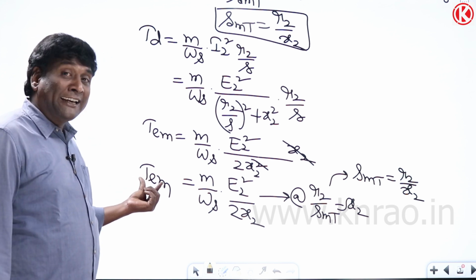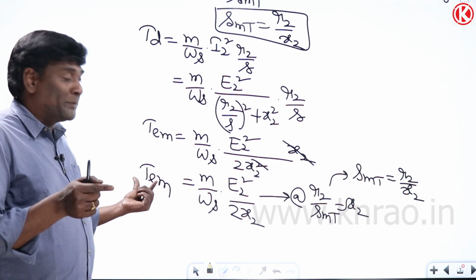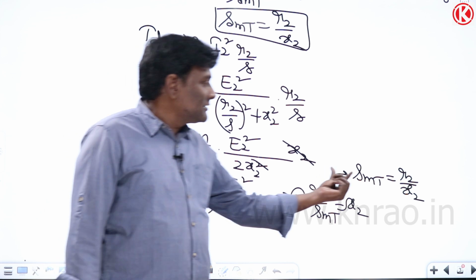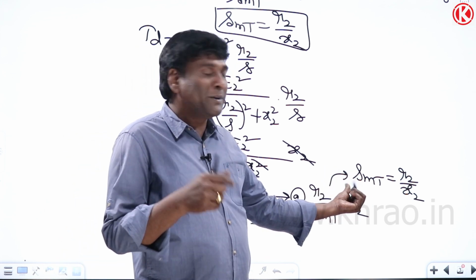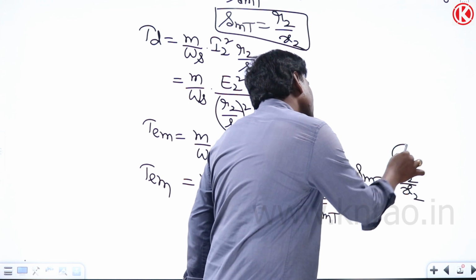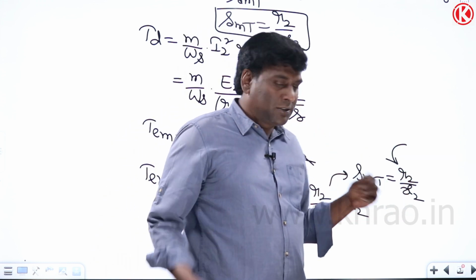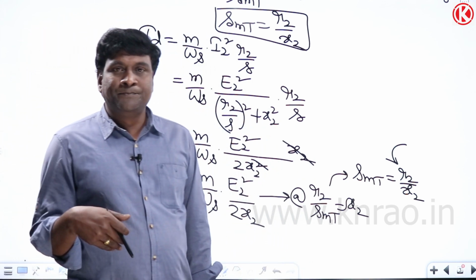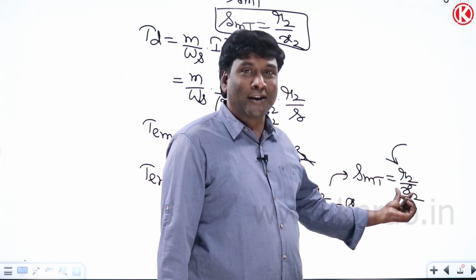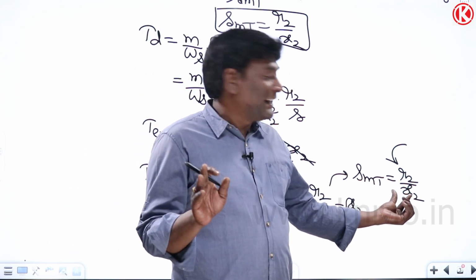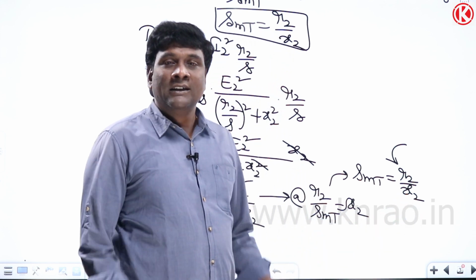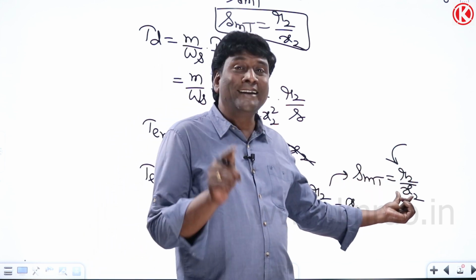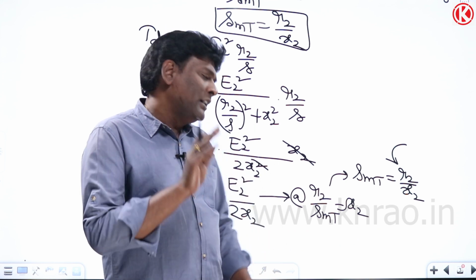The magnitude of maximum torque is independent of rotor resistance; rotor resistance is not there. The slip at which maximum torque occurs will be decided by rotor resistance. Some of our guys told me that even in some online tests, questions were formed by varying X2. It is not practical. At any cost, X2 should not be varied. Just for operational convenience, maybe rotor resistance can be changed, but rotor reactance can never ever be changed. Anyway, forget about it.